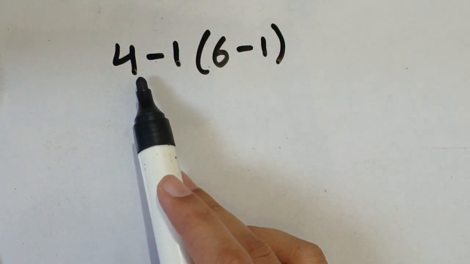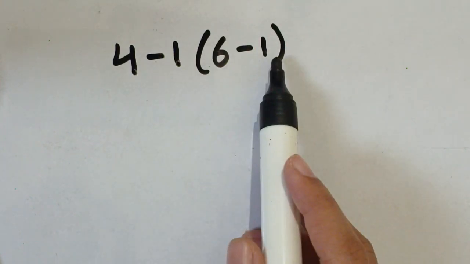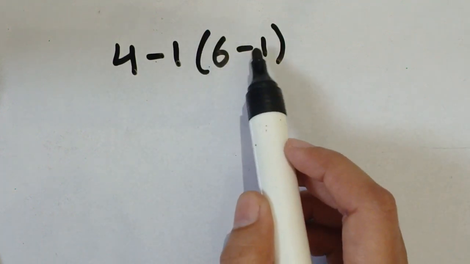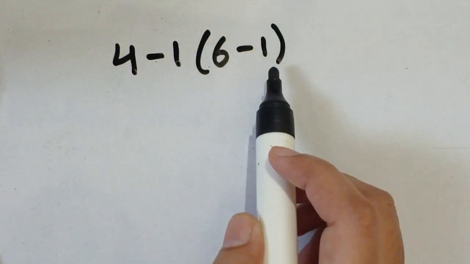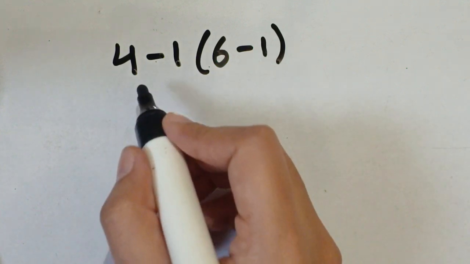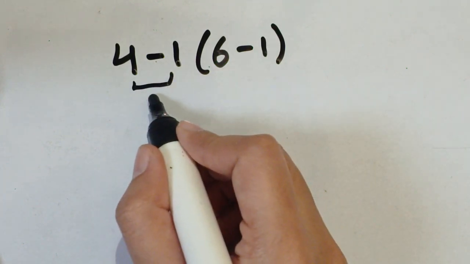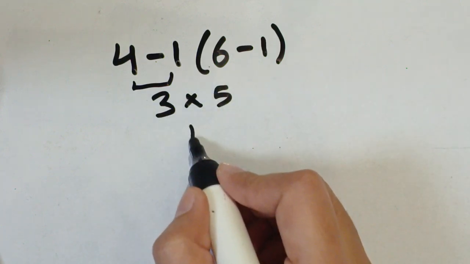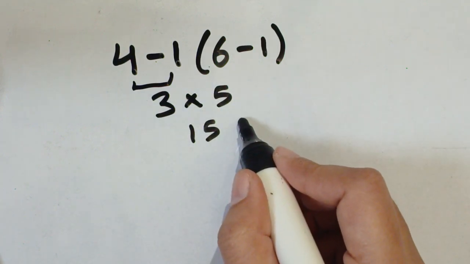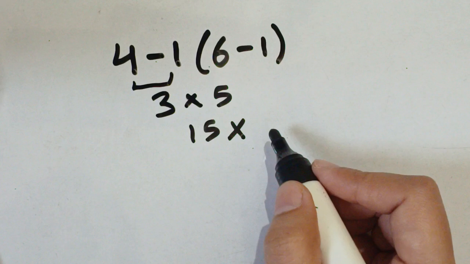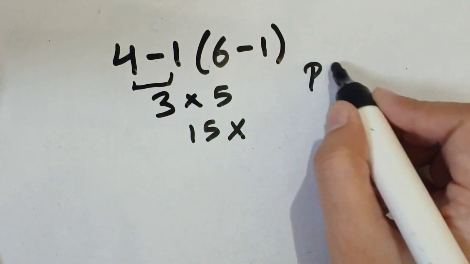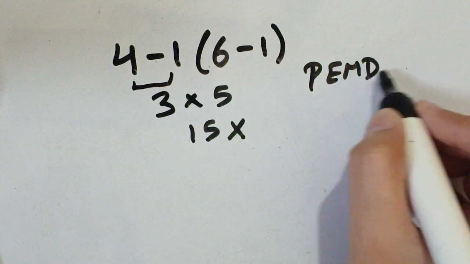So in this video, we are going to find the value for this expression. The expression is 4 minus 1 bracket 6 minus 1 bracket close. So what is the value for this expression? Let's solve this. 4 minus 1 is 3, 6 minus 1 is 5, so 15. But this is the incorrect answer because according to the order of operations, which is the PEMDAS rule, first you